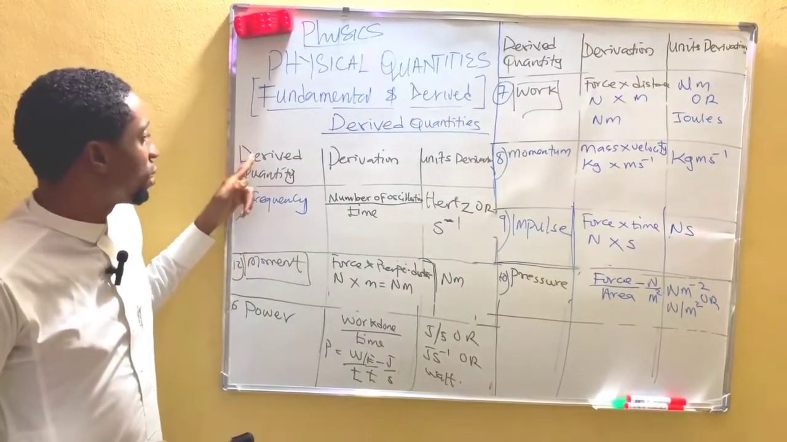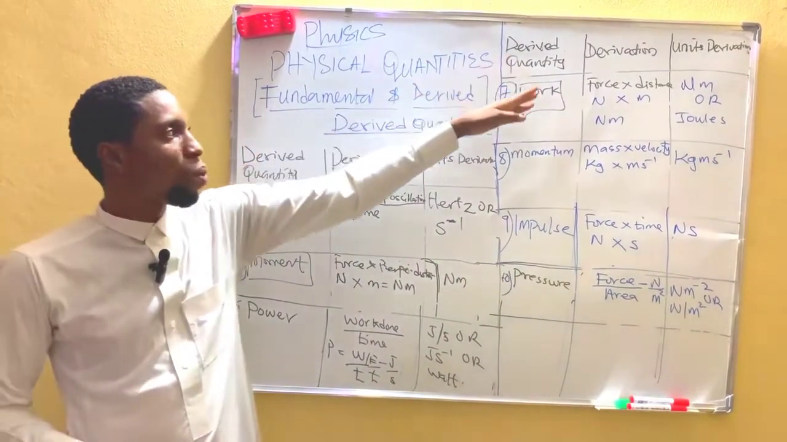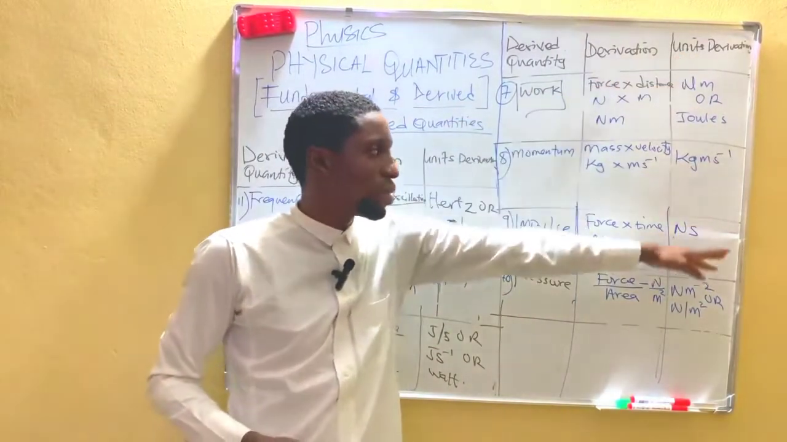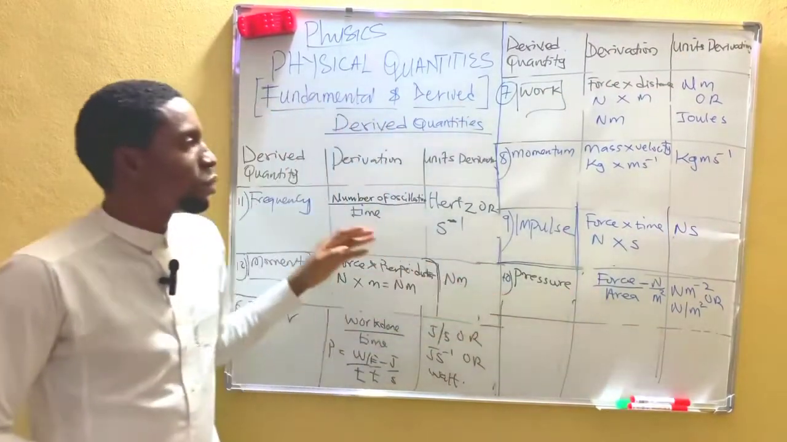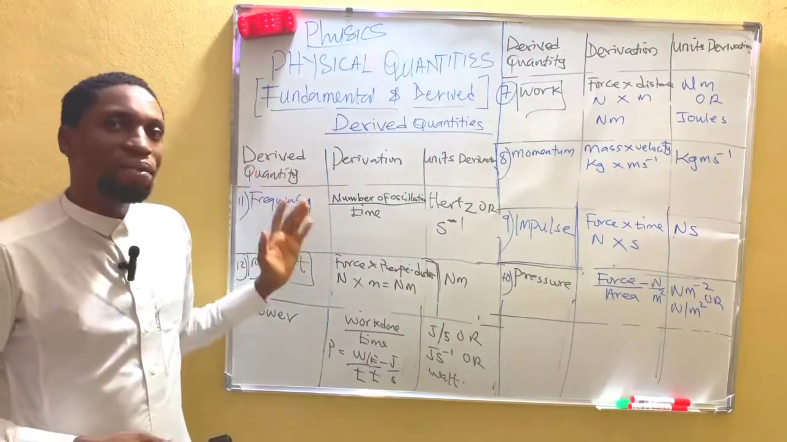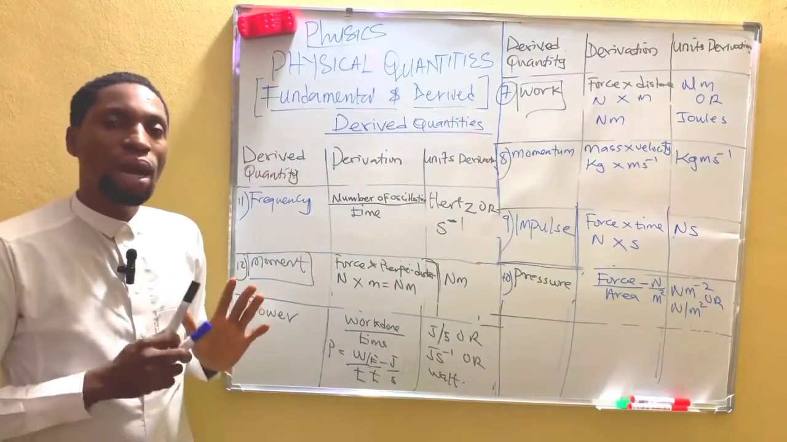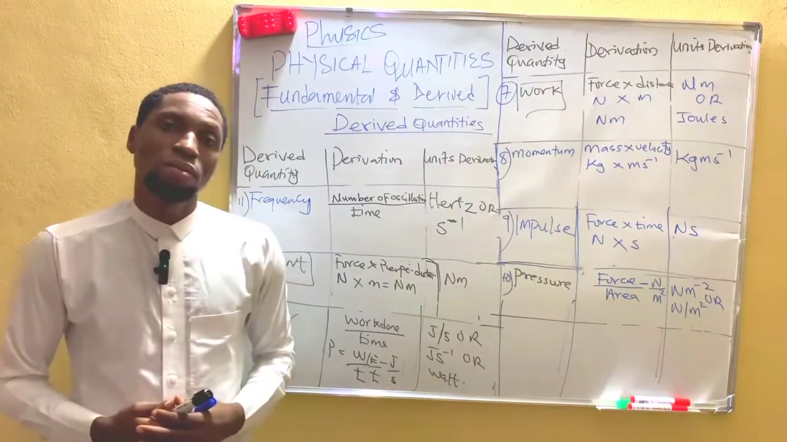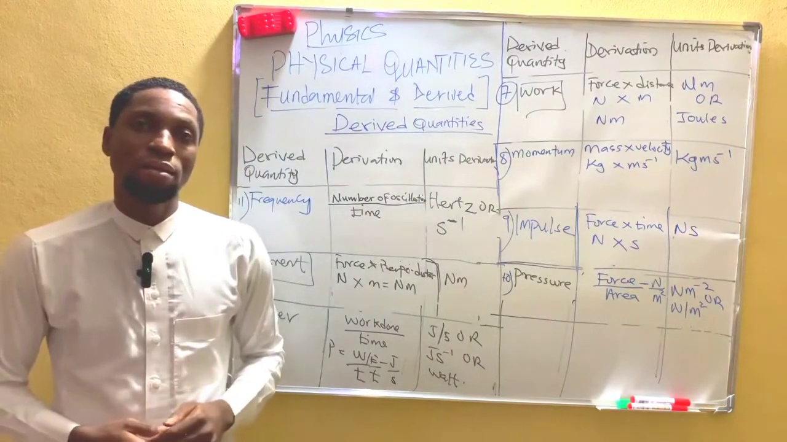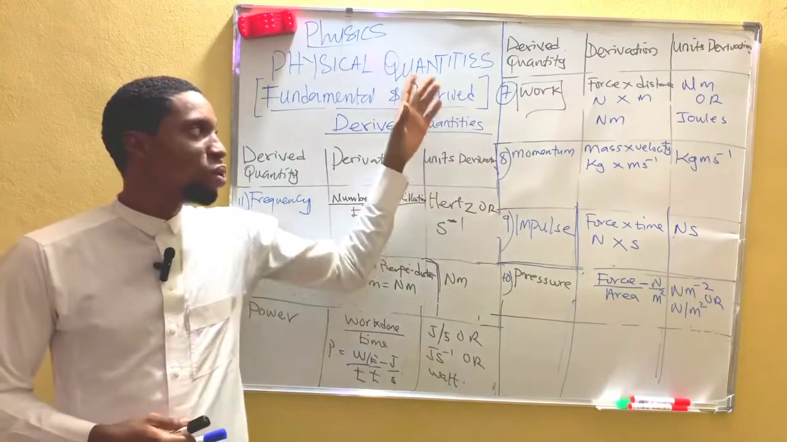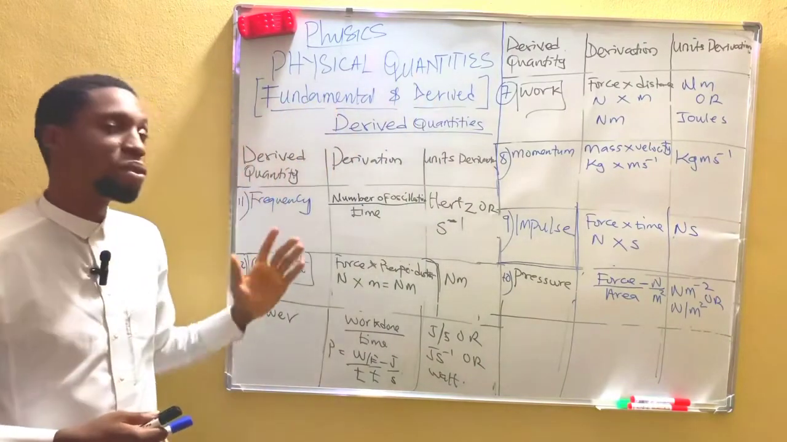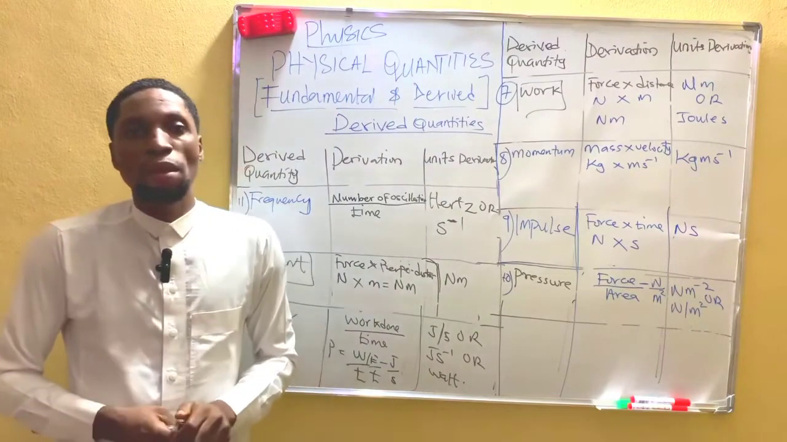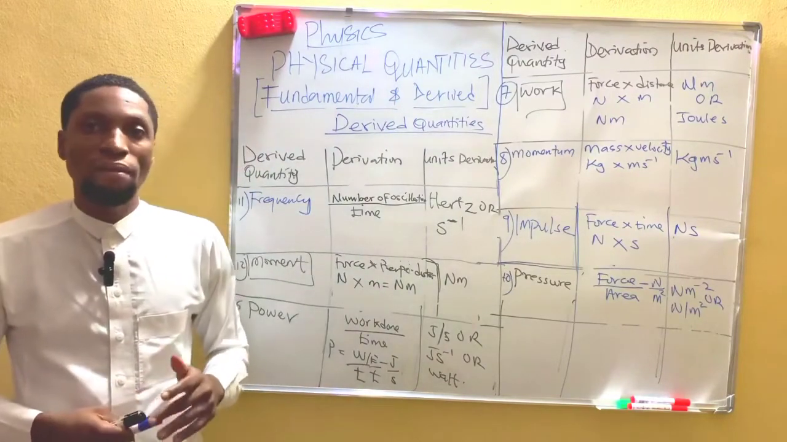So these are the derived quantities, and these are the derived units. Without these derived quantities, you cannot be able to solve physics calculations. So I urge you guys to go through all these derived quantities, learn them one after the other if you want to excel in physics